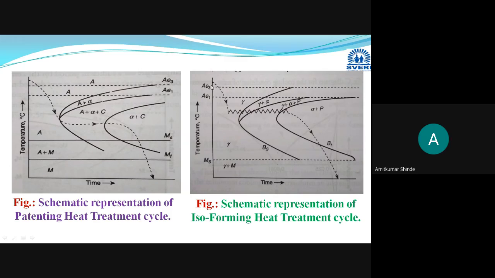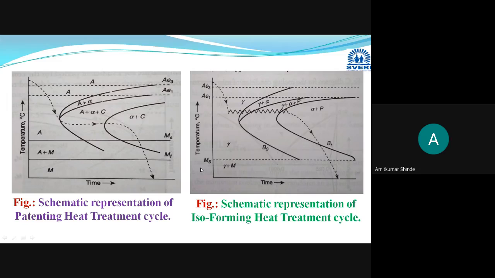austenitized steel will be cooled, and when the temperature reaches just above the nose temperature, a rolling or forging operation is performed on that component, and after that it is cooled to room temperature. Here you will get only pearlite. Only pearlite transformation will occur here. Whichever austenite is there, only pearlite you will get, and it will provide you the highest toughness